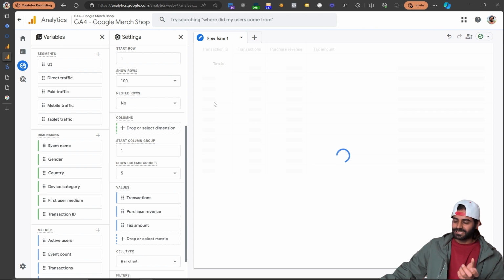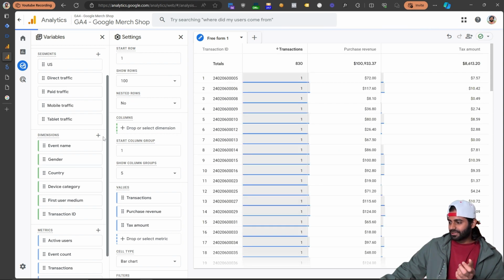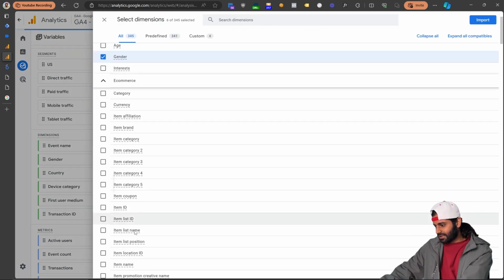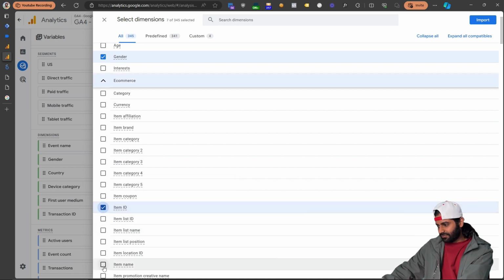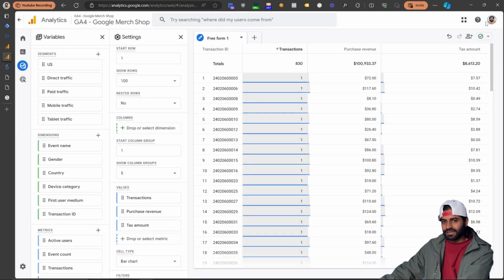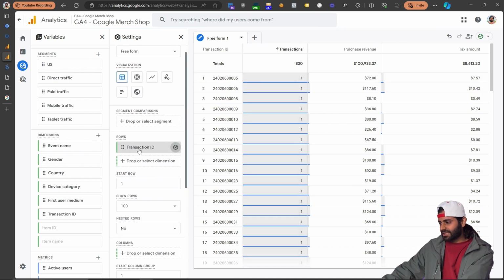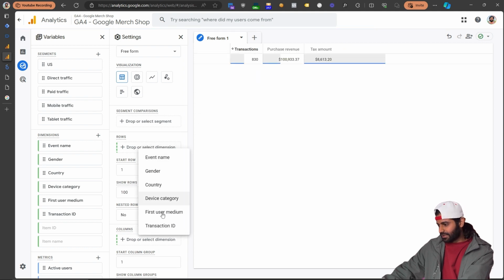This report is very specific. You can also import item name instead of transaction ID, and then you can build a new report based on that. So the same report with item ID or item name will look a little different. However, it will have the same functionality. For example, this one is showing us the breakdown based on the transaction ID. However, I can remove this transaction ID and add a new report for